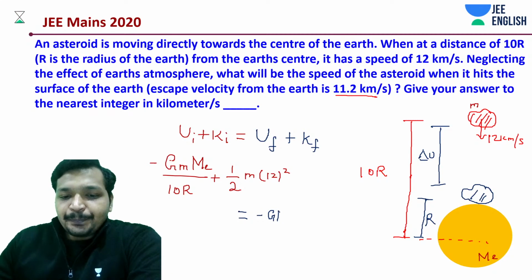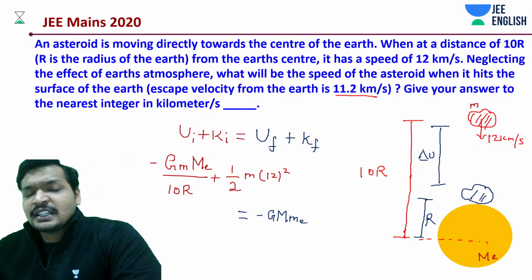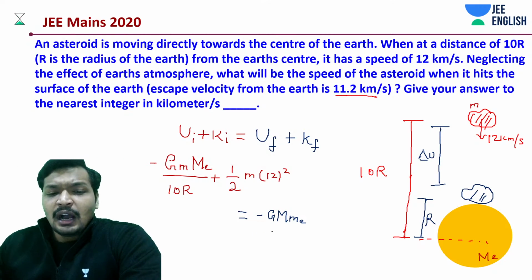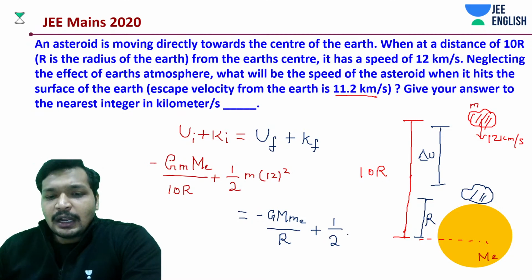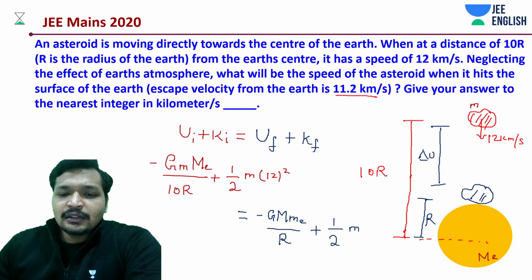Minus GMm. Actually, you could have done a thing. Change in kinetic energy is equal to change in potential energy. But be more accurate in your answers, because else it will go wrong. Okay,